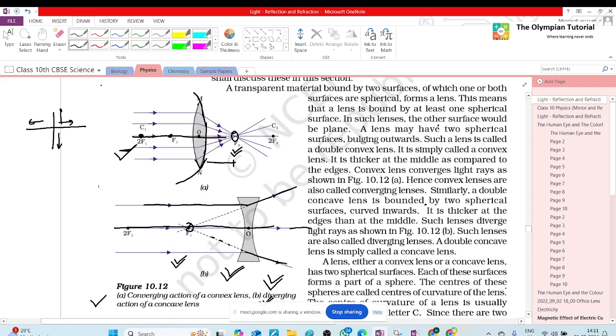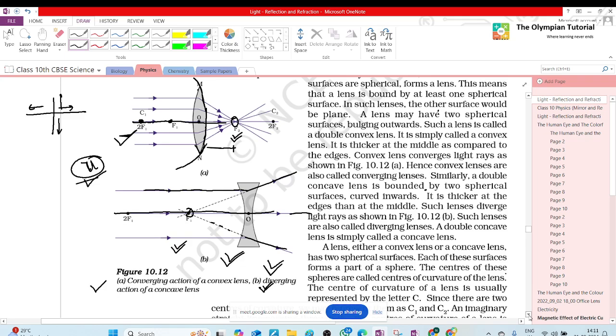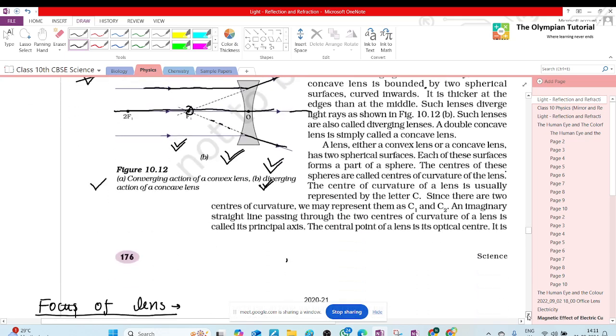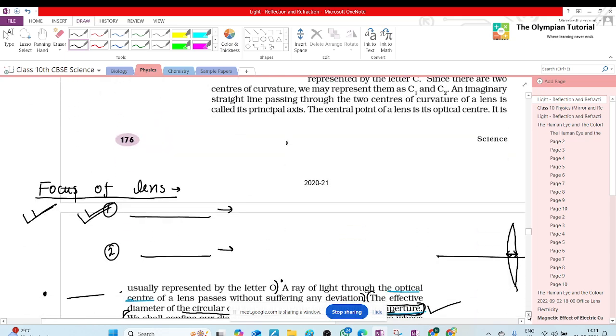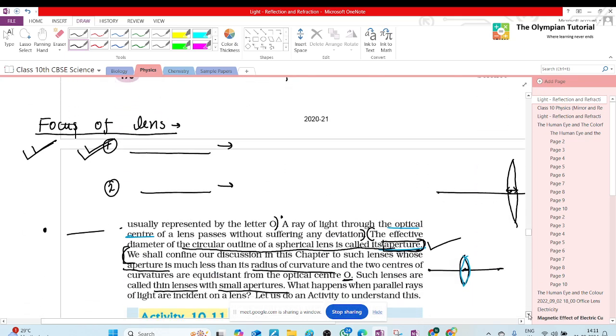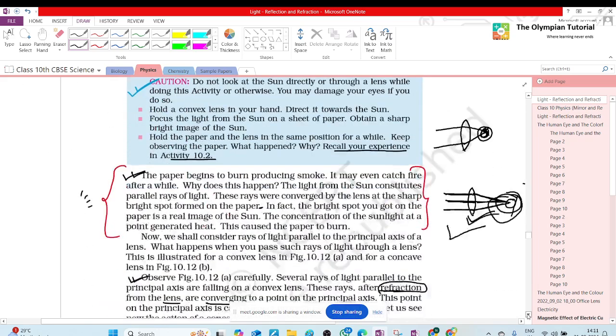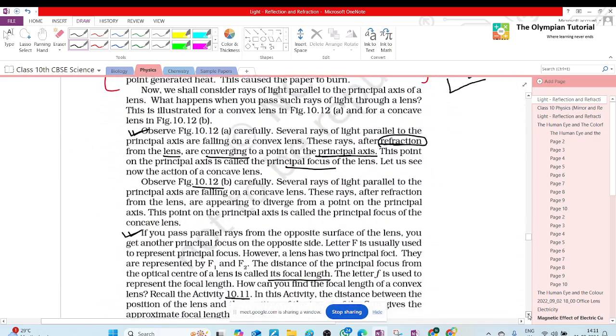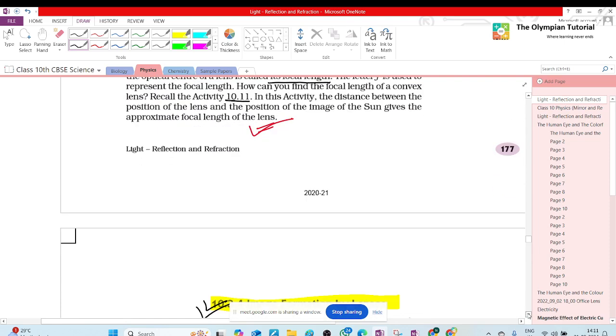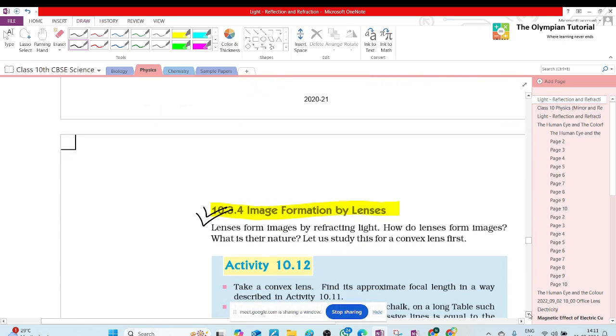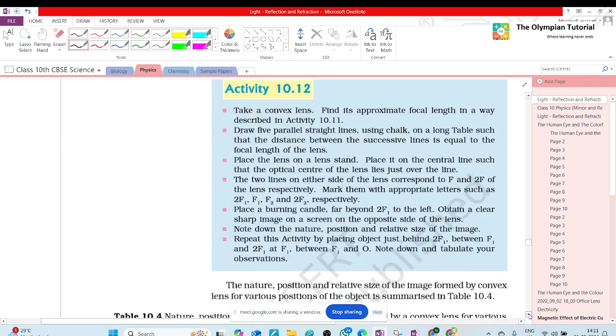For the sign convention, we take u, the distance of the object, as negative because it is always on the left side. And images, if formed on the right side, will be positive, and on the left side, it will be negative. So these are the things which we already discussed. Image formation by lenses,